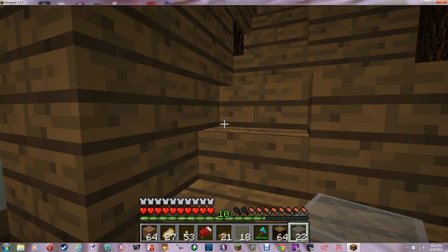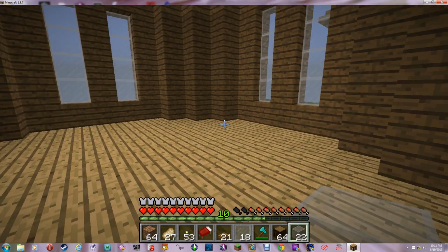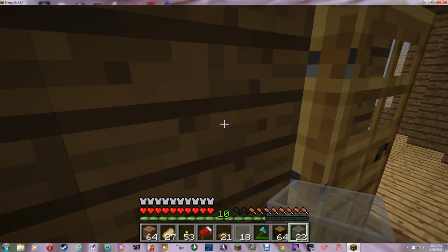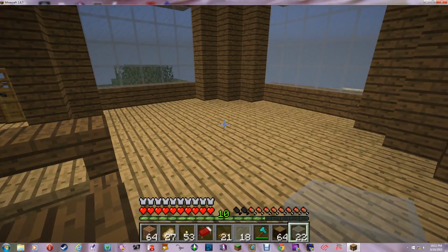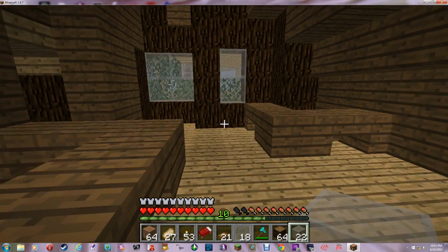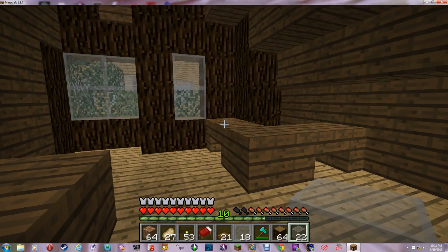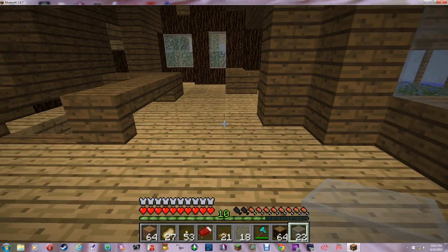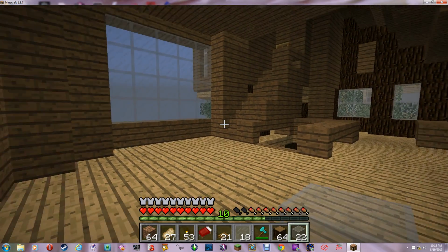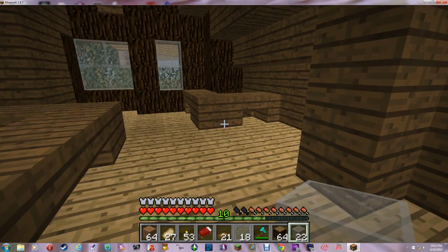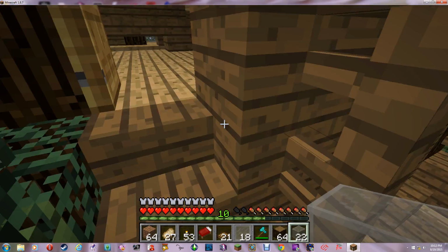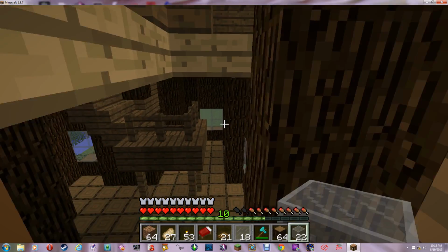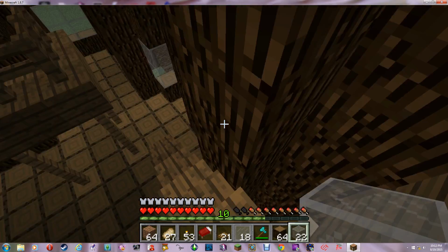Yeah, I think we've done pretty well with this. And I know the wood looks splotchy in areas, but if you're living in a tree, you're going to have that. So yeah. Yep. So the next thing I need to do off camera is fix those blocks, change them to stairs,